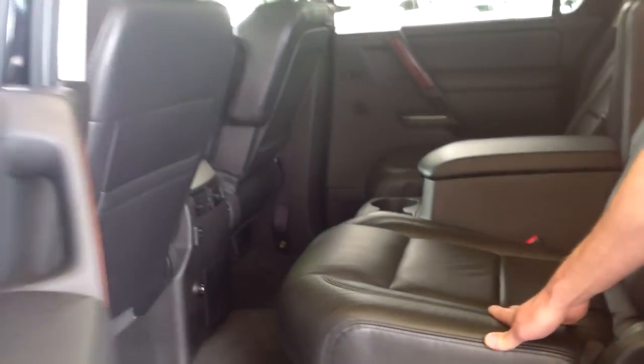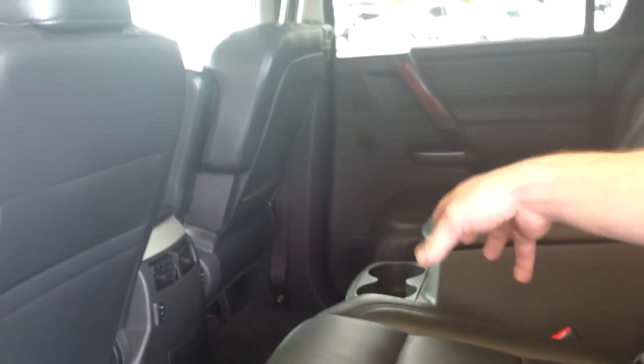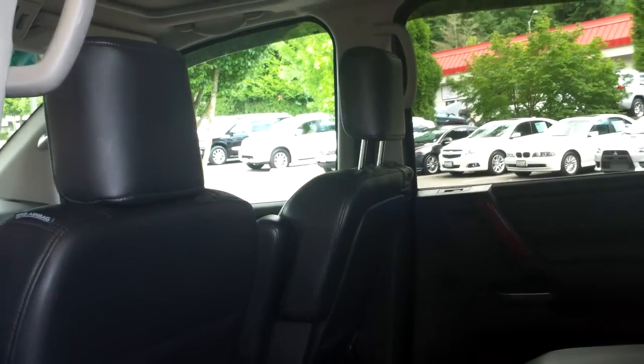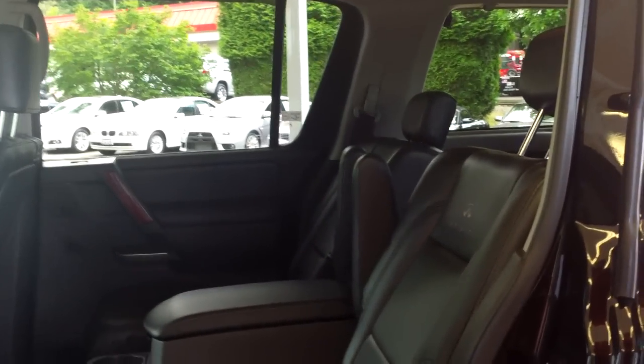Take a look in the back seat. It looks like they never even had kids sitting in the back seat. The leather is still taut and fresh and nice. And then since it's a QX56, it has heated seats in the back as well as heated seats in the front. Side airbags, active head restraints. If you ever get slammed into from behind, the headrests actually pop up a little bit and come forward to come get your head, so your head doesn't slam so abruptly behind it. And then the seats,